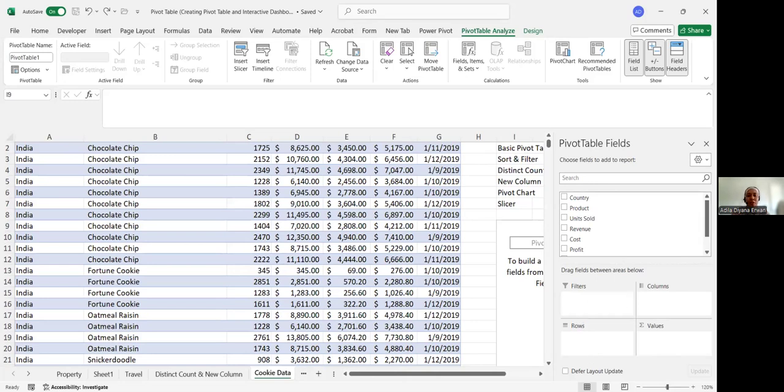And of course, at the bottom here, you can see your quadrants, right? You can see 4 quadrants. Top left, you have your filter. Top right, you have your column. Bottom left, rows. And also bottom right is values. Now, before I share with you how to create your pivot table per se, there are 3 rules that you